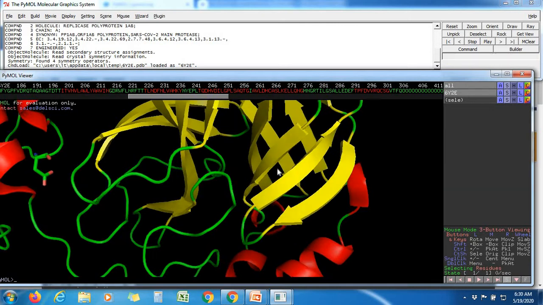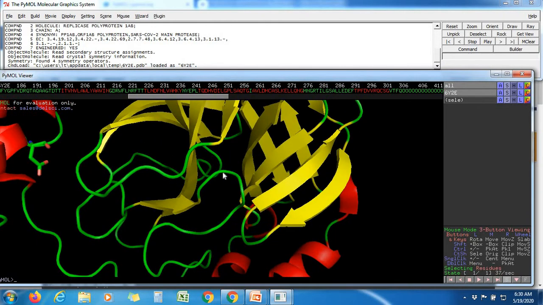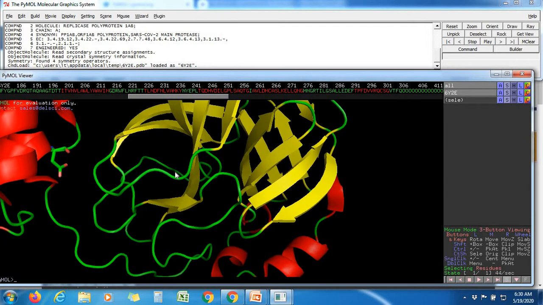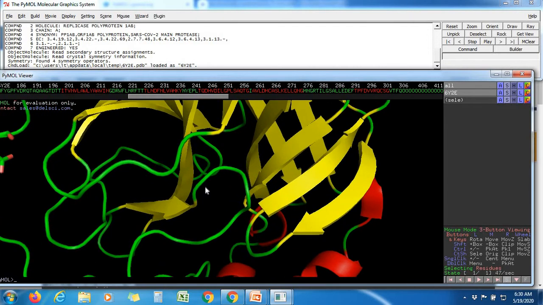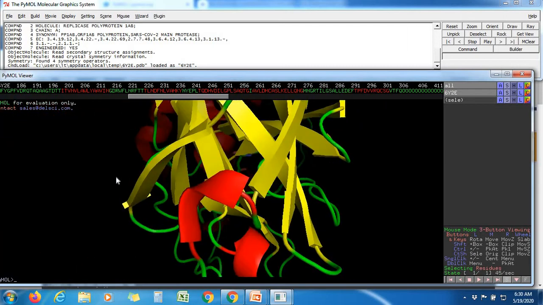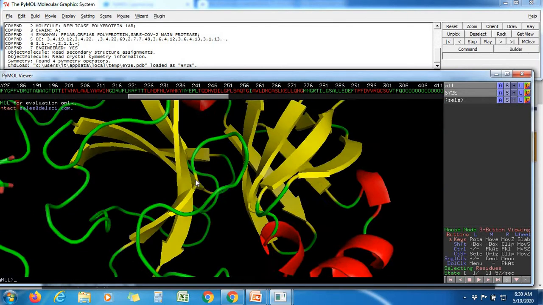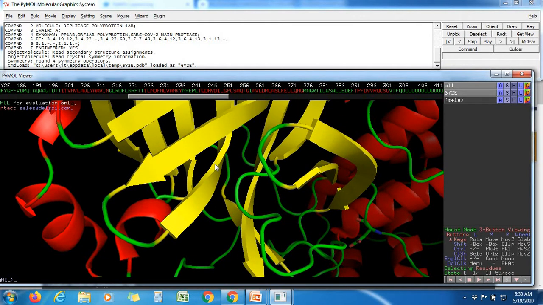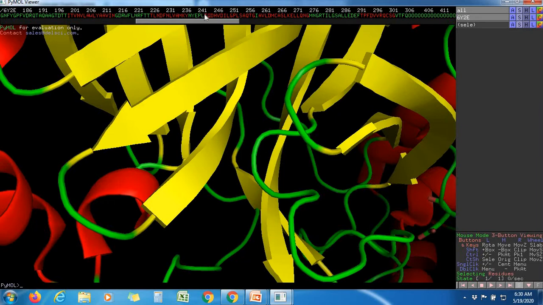Now suppose you want to see the other amino acid, like arginine 131. Now you maximize, you can make it much bigger, arginine 131.